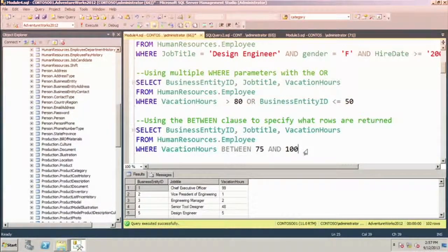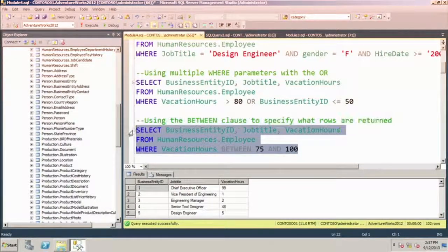Now we want vacation hours between 75 and 100. So this met two different criteria. We got rows returned to us. We're going to get content returned where vacation hours is between 75 and 100. So these are the people that need to go on vacation before they lose